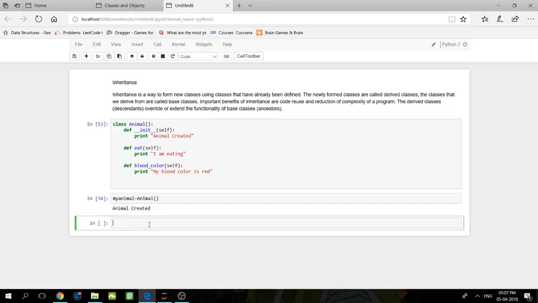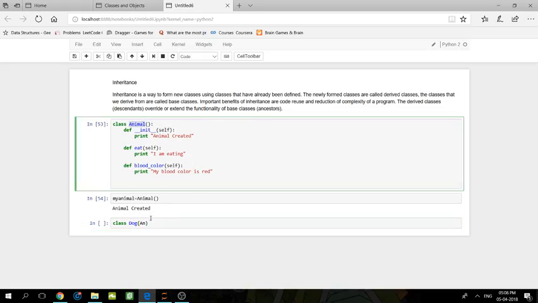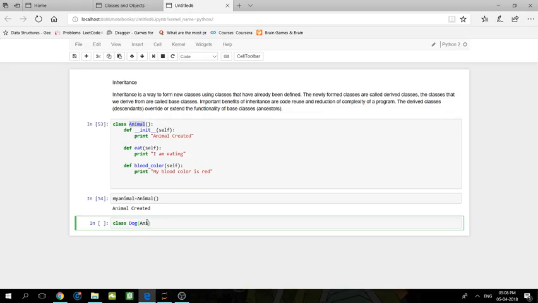Alright, let's move on to creating our derived class, which in this case would be, say, the dog class, because dog is also in the category of animal, so you can take the analogy from this. So class dog, and now in these round braces we'll be passing the name of the base class which we are deriving from. Since the dog class would be derived from the animal class, we pass animal in these braces while defining the class. So here we go,